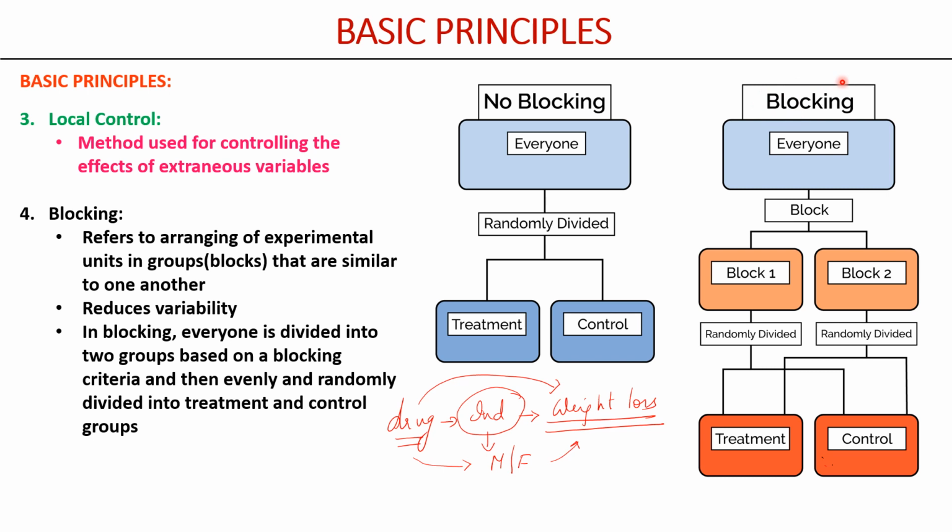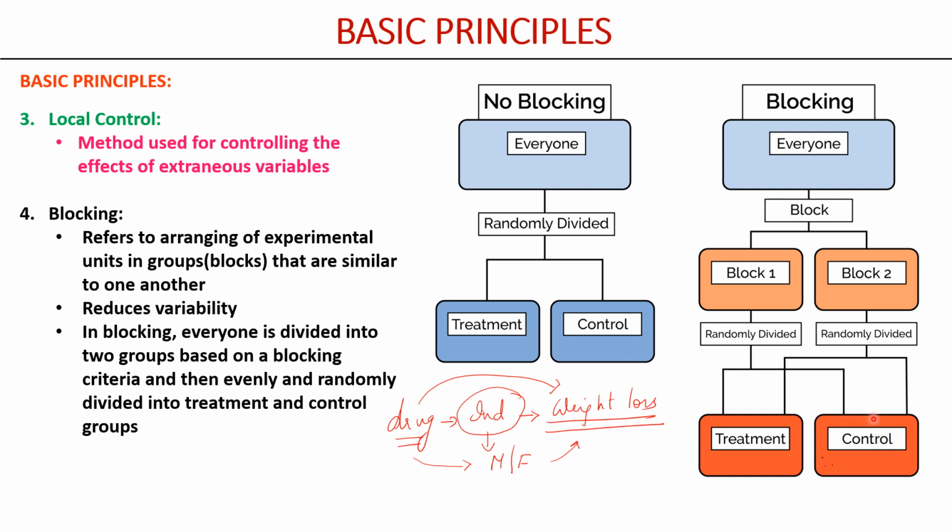So I use the concept of blocking. So what do I do? The individuals here, first of all, are divided into two blocks. One which will be male members and the other which is female members. So block 1 is completely male, say, block 2 is completely female, and then each block, as we did earlier, is randomly divided into two groups. Female again is randomly divided into two groups, and I give one group the drug and the other group no drug,